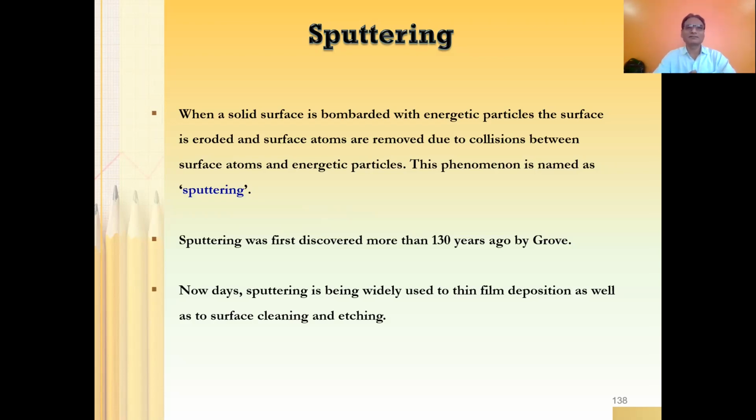So there are two different applications of sputtering. Number one is you can use sputtering for the thin film deposition of the desired material. The other is surface cleaning. For example, you have some material which has got some unwanted layer. That unwanted layer can be sputtered out, can be removed. Sputtering means removing by high energetic particles, right? So these are the two applications. Sputtering is being used either for deposition or removing. We can call it etching or cleaning. The layer can be removed.